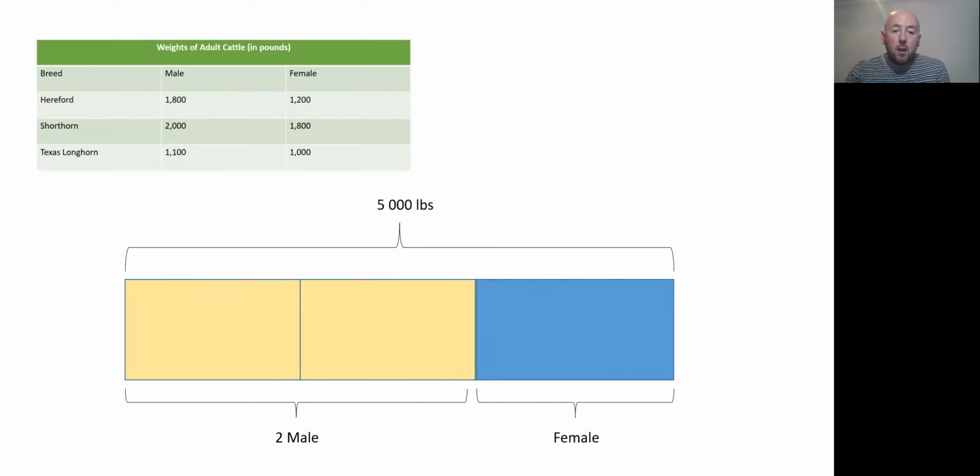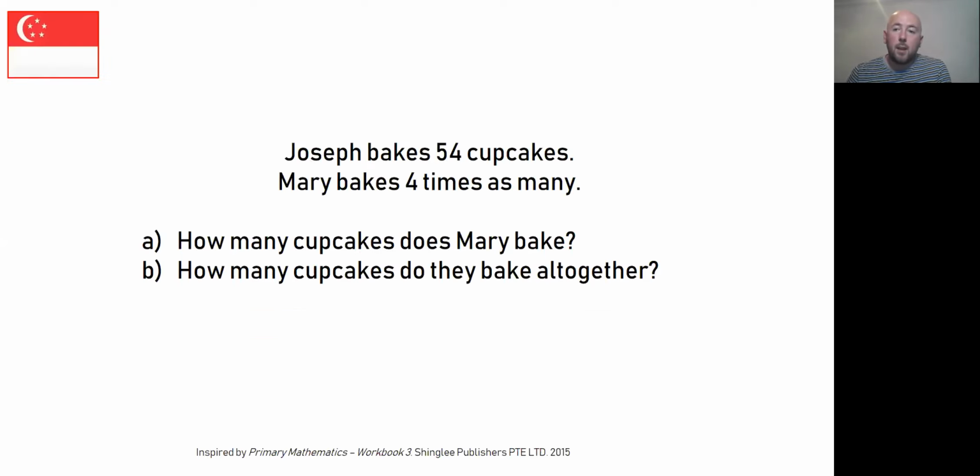And then from there, what they can do is they can try out the different possibilities. Again, the maths isn't done for them, but it is structured in such a way that they can look for 2 male, 1 female. In this example from Singapore, inspired by Primary Mathematics Workbook 3, which is probably written around grade 4,